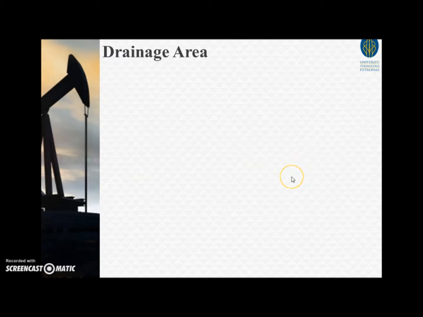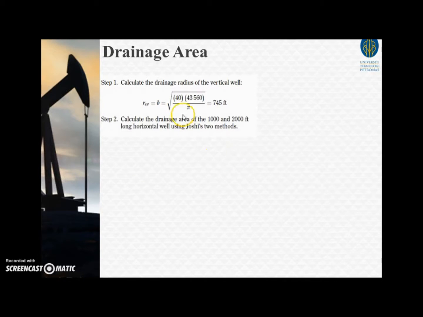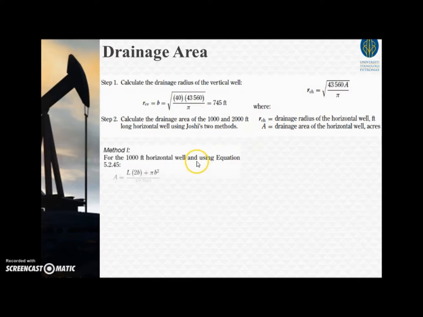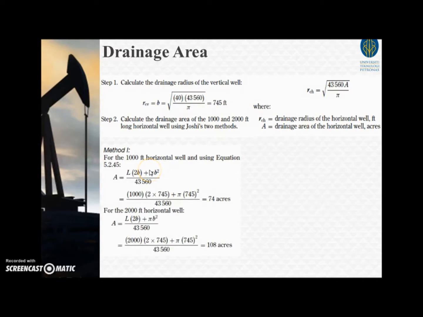The first step will be to calculate the drainage area of the vertical well, using the r_ev formula. The area of the vertical well, which is 40 as given in the question, times the conversion factor divided by pi, equals 745. Note that r_ev equals b, which is the radius of the semicircle at the end of the horizontal well. After finding r_ev, we have to calculate the drainage area of the 1000 and 2000 feet